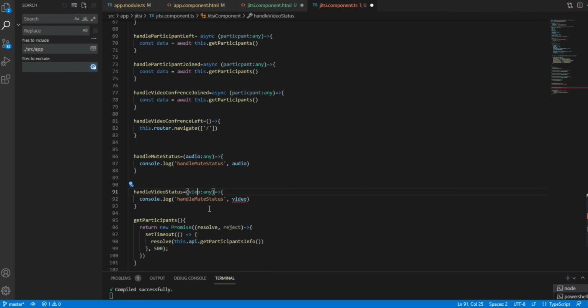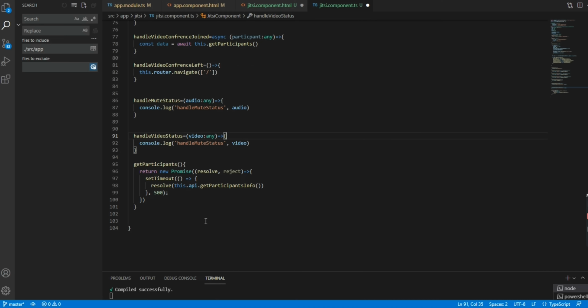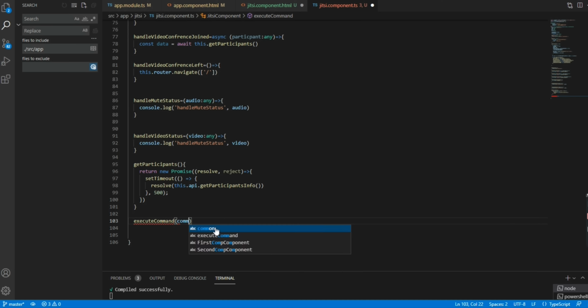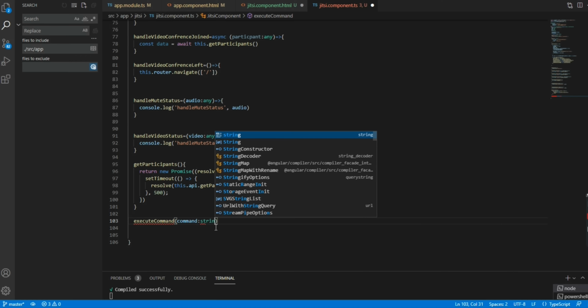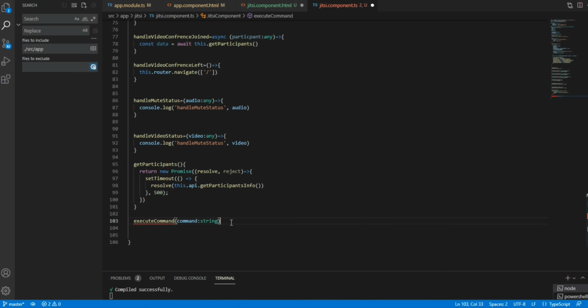Next here we will send video of any, same thing; whichever it may be, there won't be any difference for that. Video. Coming to this, we already mentioned the function, and here we will execute commands.